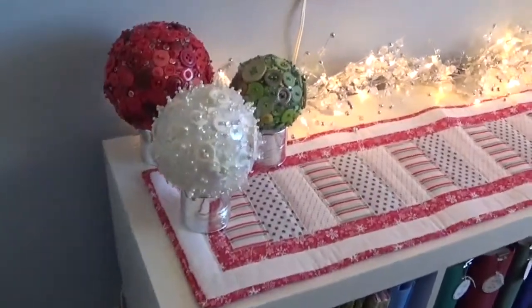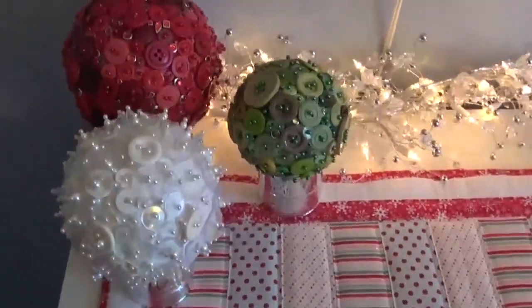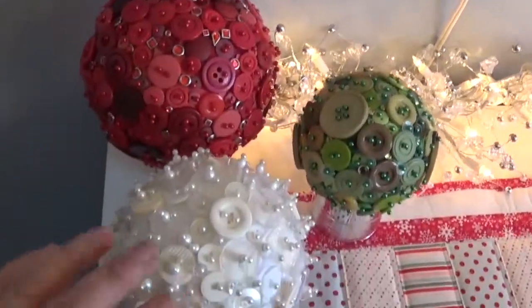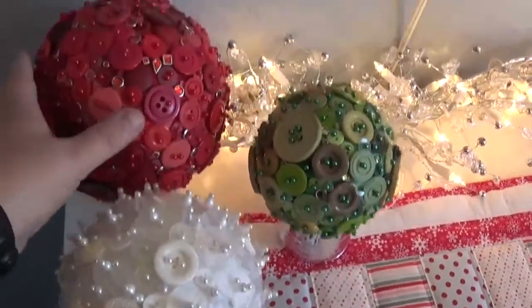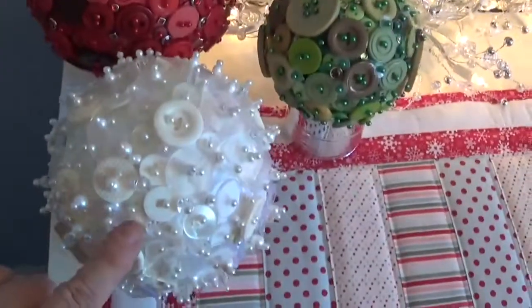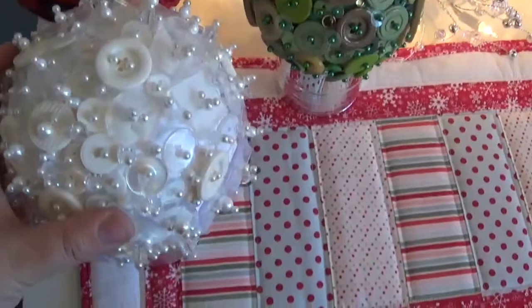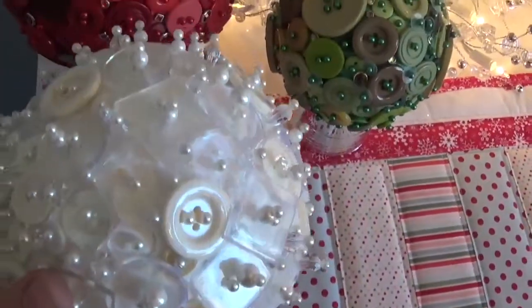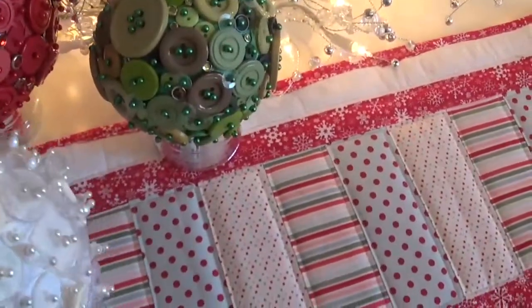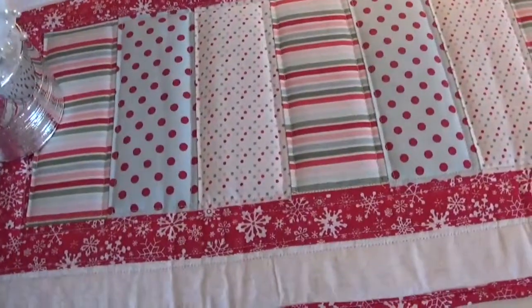So I made these styrofoam balls, I think, last year, with a bunch of buttons and brads and stuff in my stash just as a way to use them up. And I use these decorative pins. So I've got a large, and then this off-white one is a little more dimensional. I don't know if you could see that. I strung pearls and beads and stuff. And then I just have them resting on these,